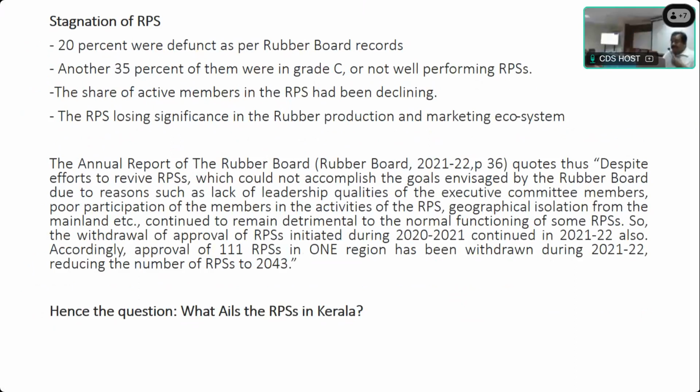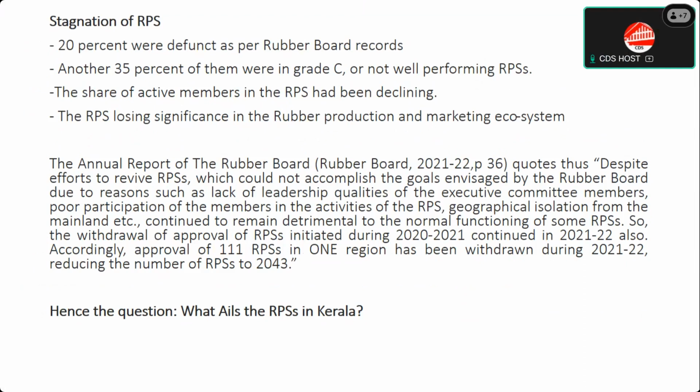The latest Rubber Board annual report 2021-22 reports that despite efforts to revive RPSs, the goals envisaged by the Rubber Board were not met due to reasons such as lack of leadership and so on. The Rubber Board finally decided to withdraw the approval of RPSs initiated during 2021 and continued in 2021-22. Accordingly, 111 RPSs in one region have been withdrawn during 2021-22, reducing the number of RPSs to 20 for